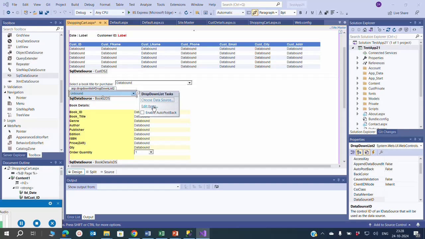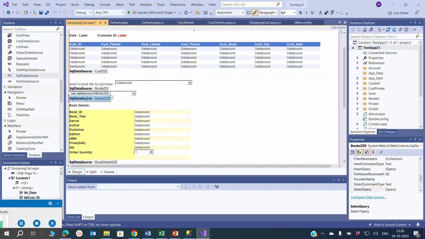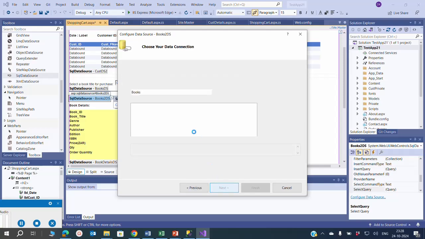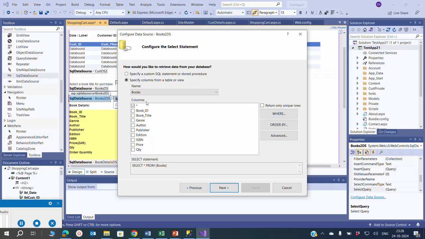So once we do that, of course, in the books data source, we will be configuring it to book details. Obviously, we have added all the book details, and we will be configuring this